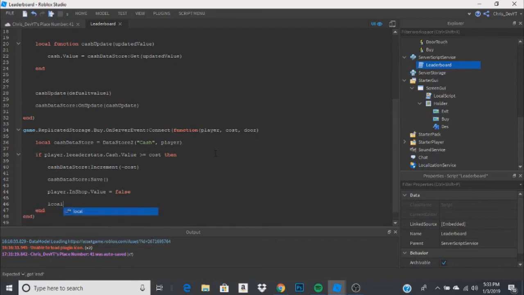So local I equals game.Workspace.Doors, and we're going to do door. Now, I'm pretty sure if you do it on the server level, then that removes it for the whole server actually. So I think we have to do it on a local level, which is simple,